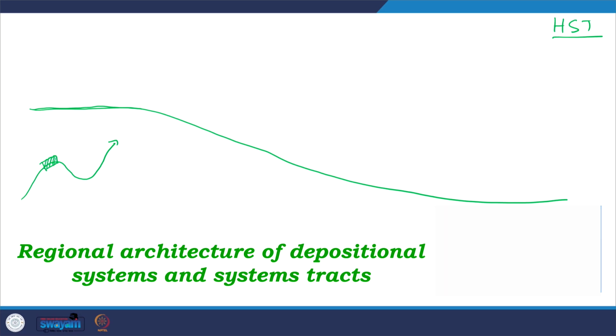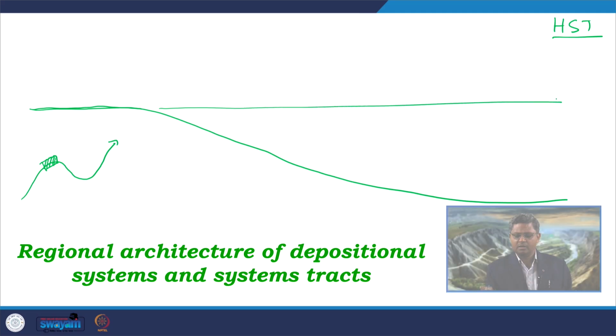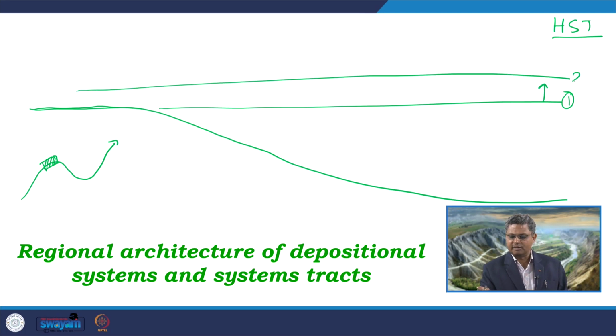During this part, the overall sea level, say at the start of the HST, was here and it is rising up and reaching somewhere here, which is level 2. Definitely this surface marks the end of the transgression which preceded the HST phase. So, this surface is the maximum flooding surface occurring in that particular basin.